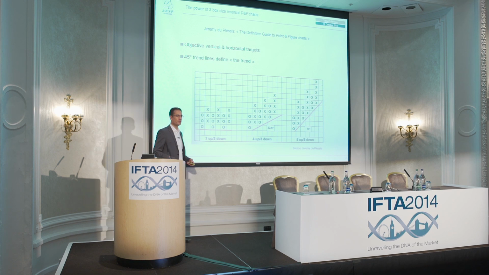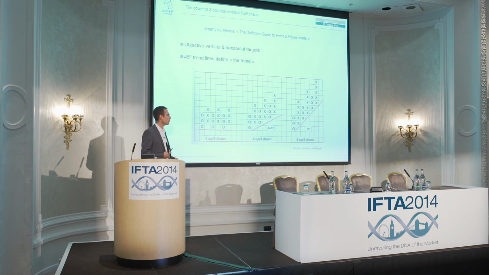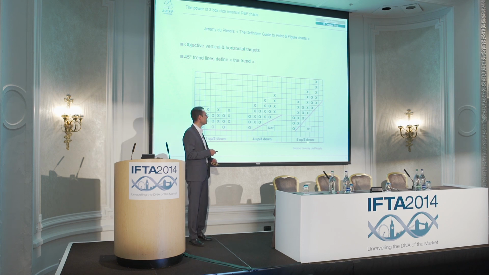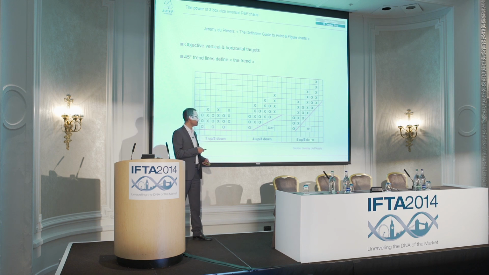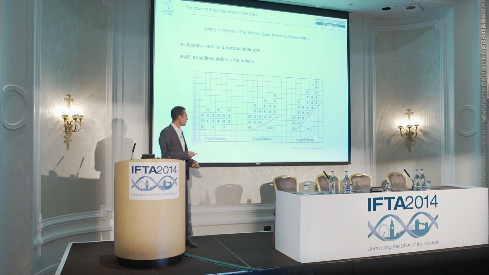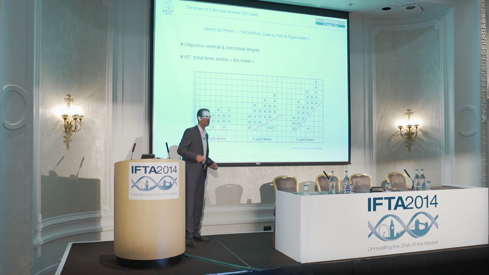Why are we using a 45-degree line? I think it's very important because I will talk about this a bit later in the presentation. It's very simple. To get an uptrend in technical analysis, you need to get higher lows. This is what defines an uptrend. And to get higher lows on a point and figure chart, you need to have 5 boxes up, then 3 boxes down. If you don't have that, for example here, 4 boxes up, 3 boxes down, then you don't have an uptrend because the 2 columns are at the same level. And if we do this, on a 3-box reversal chart, you do have a 45-degree trend line.